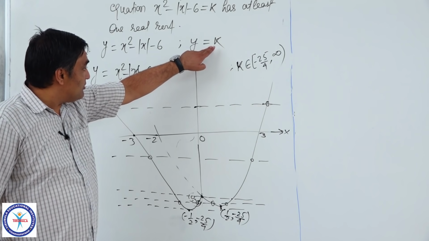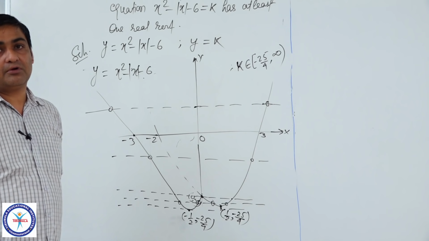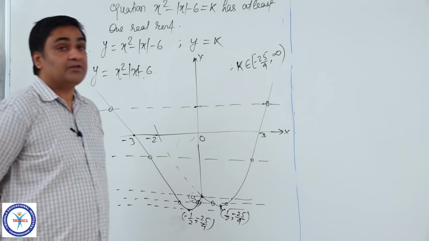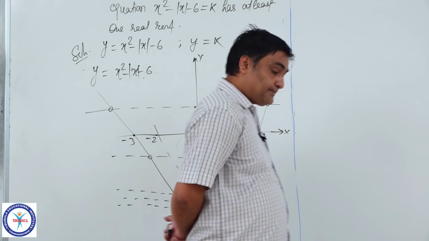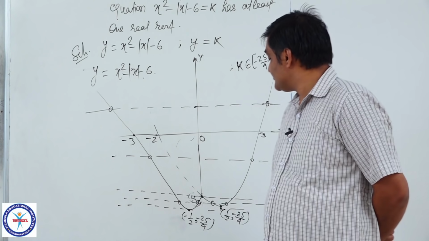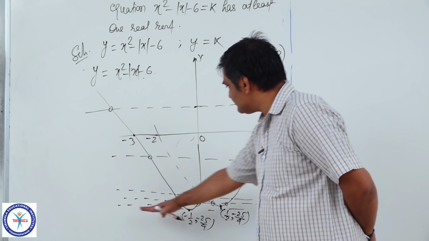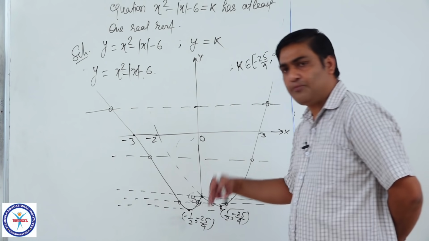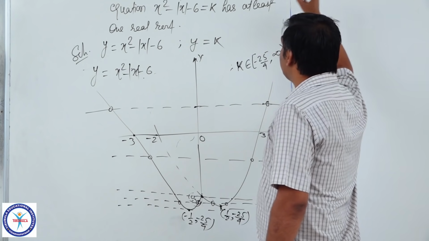If we put the value of k less than minus 25 by 4, then there will be no root, because for k less than minus 25 by 4, this line will pass below this graph. So no point will be common. Okay. Next example is